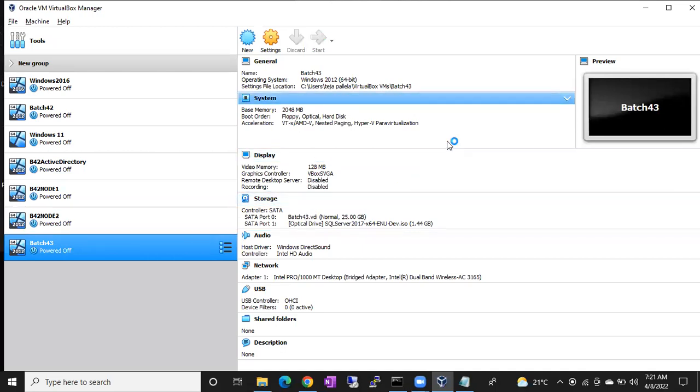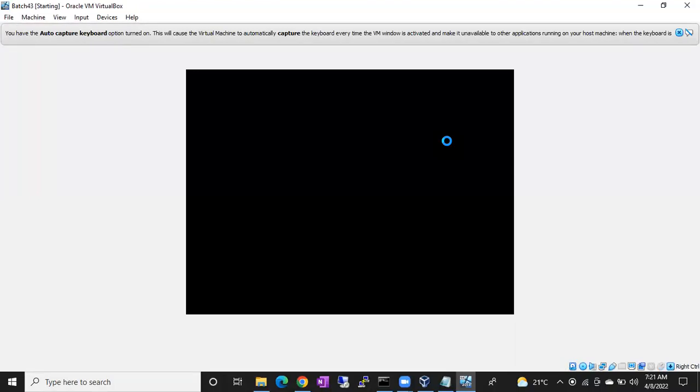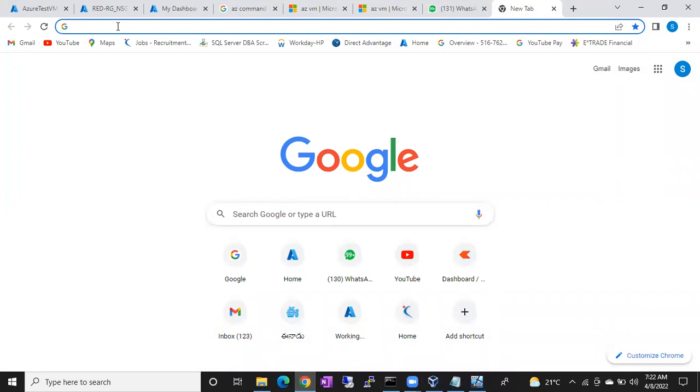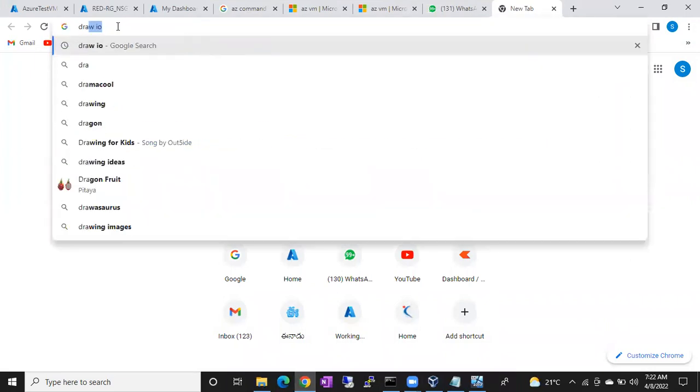In the last class we discussed how to create a Windows login. So guys, tell me briefly how we can create a Windows login.